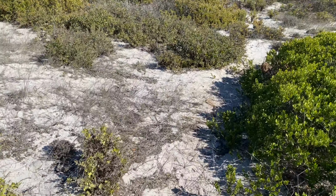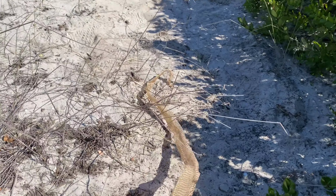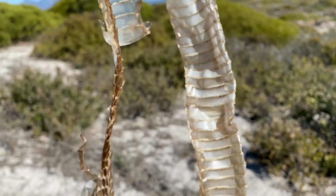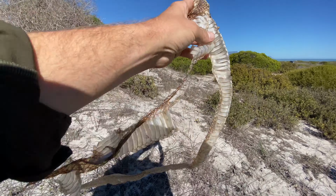So I'm just looking for things in these open sections. I just spotted this big shed. I'm gonna get a clear view of this. This is a big mole snake shed. You zoom out of it so you can have a look. It's a pretty decent size,